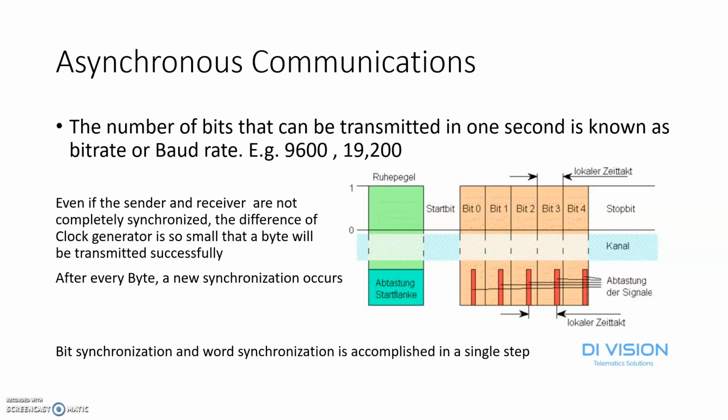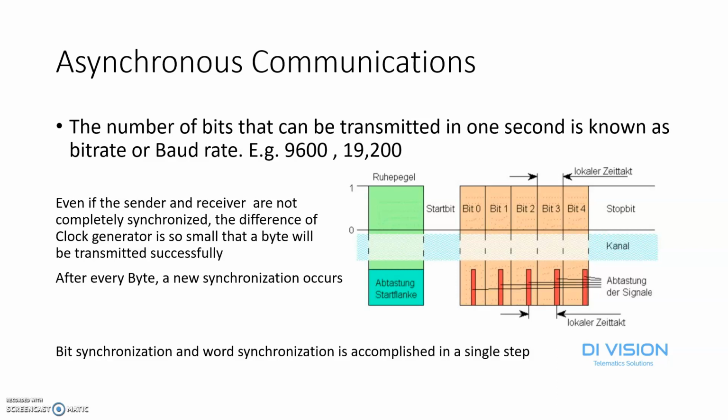The red rectangle shows the time at which the sampling was done on the receiver side. You can see here there's a minor difference between the clock running from the sender and the receiver, such that the receiver is going a bit towards the right. In this way, the word synchronization also occurs, because the sampling time would end with 1 byte, and after the start of a new byte there would be new synchronization. So this minor difference of synchronization between the clocks of receiver and sender doesn't matter when we are talking